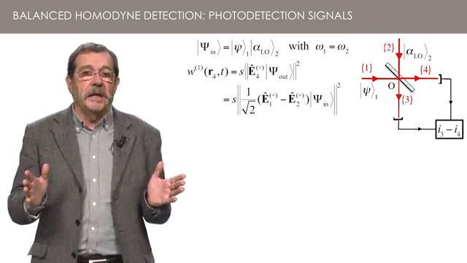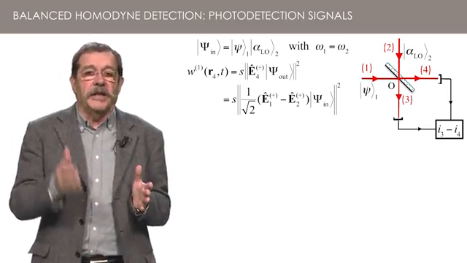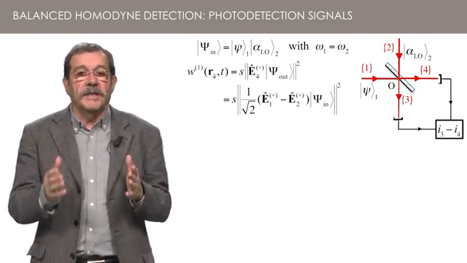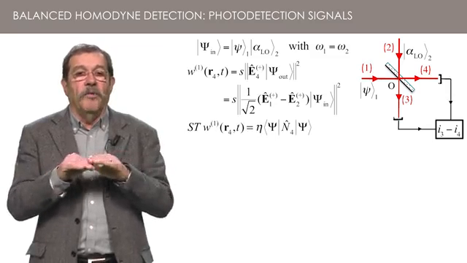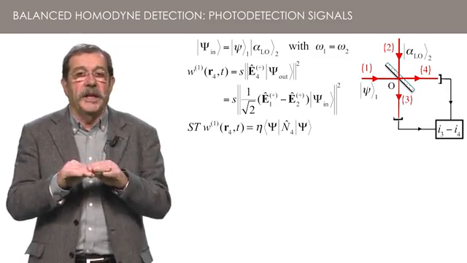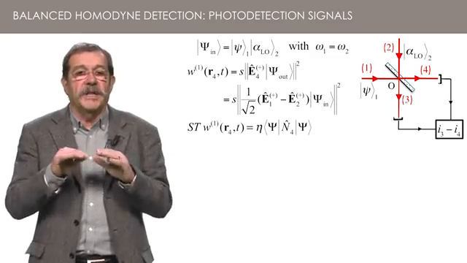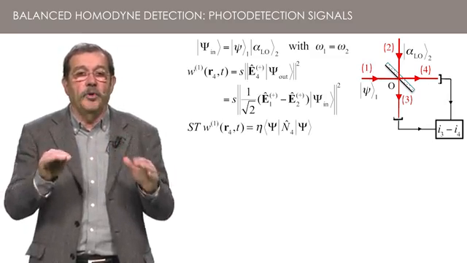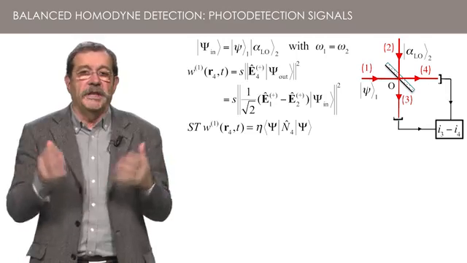At the end of the day, the probability of photodetection per unit time is constant, and its integral over the volume of quantization is the average number of photons in output 4 in that volume, within the quantum efficiency factor